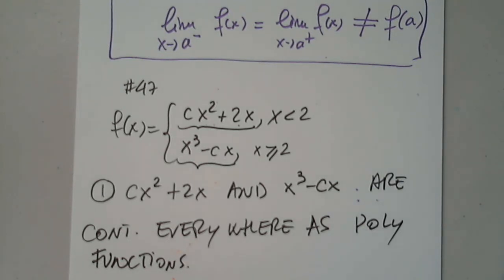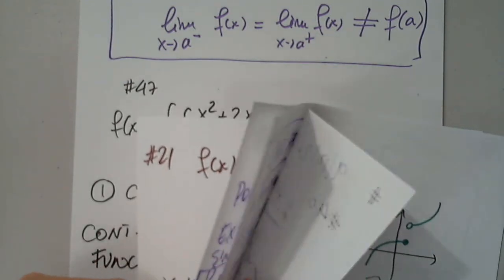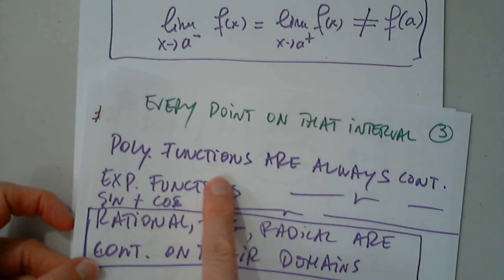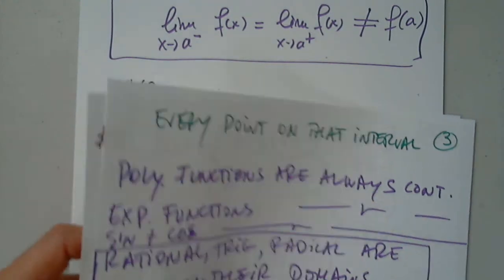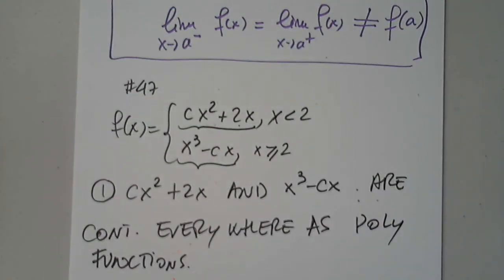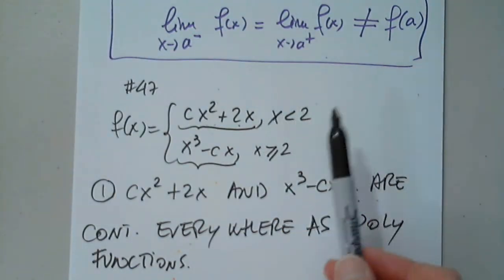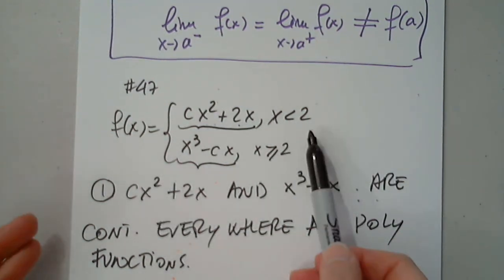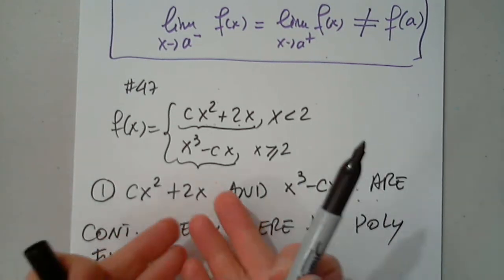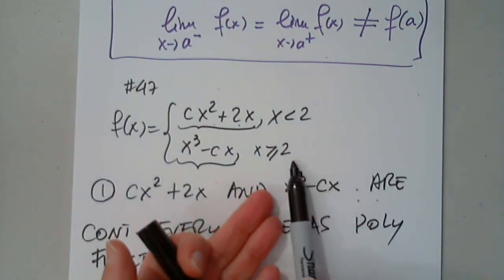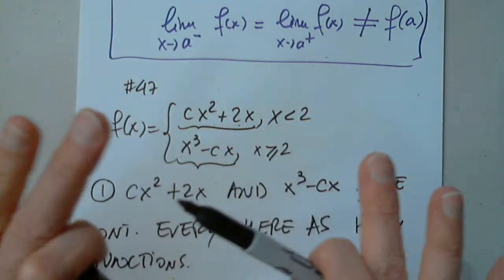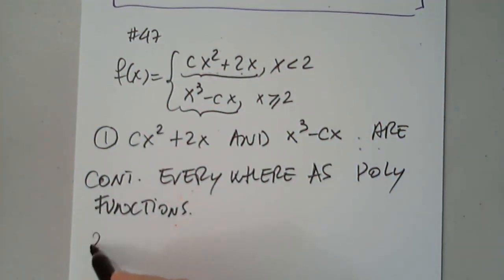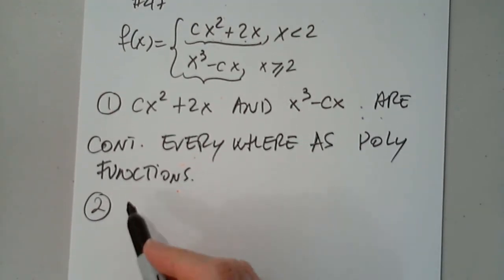So where is this coming from? Very simple. From what we just stated a minute ago. We are stating a theorem. So in other words, this piece is continuous to the left of 2, and this is continuous to the right of 2, although each is continuous everywhere, but this is defined only to the right of 2, and this is to the left of 2. Fine. So now the second step is to study